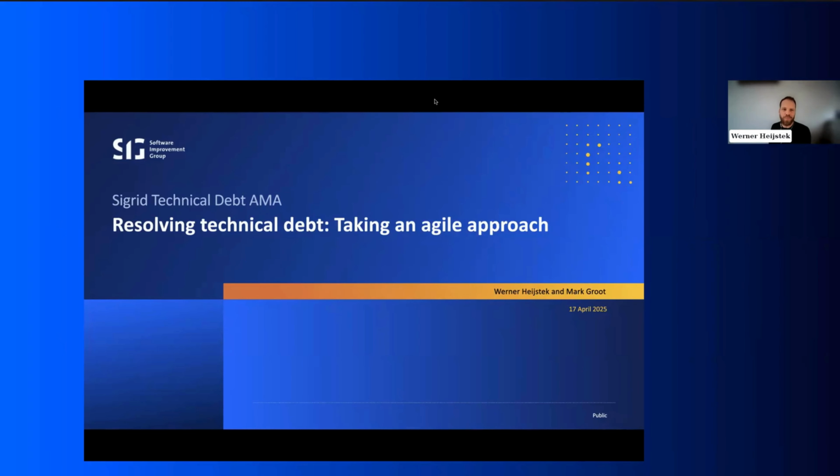Let's zoom in on a very practical industry application and talk about technical debt. Before I begin talking about technical debt, I'm always very interested in what people think it is. Technical debt is a topic that often comes up. It's a relatively old topic, I think it originates somewhere early in the 90s, so it's not new. And it has had many definitions. So I'd be very curious, Mark, I think we have a poll question ready. I'd like you to briefly tell me what you think technical debt is, what it is for you.